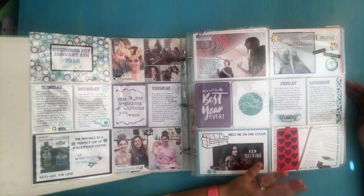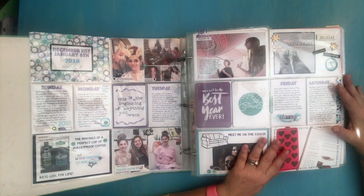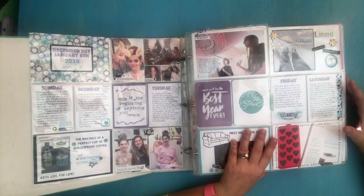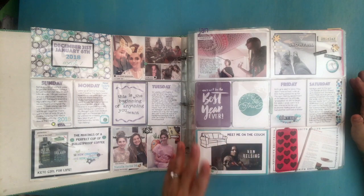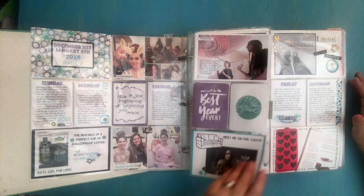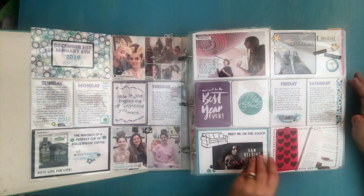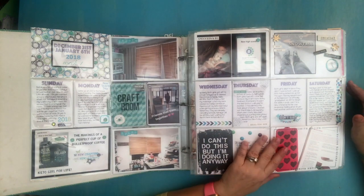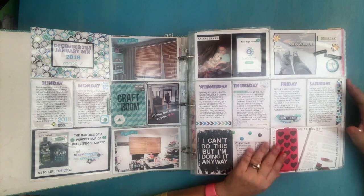I do mostly digital, though this year I was trying to do a little bit more of using embellishments and using up some of my stash, which kind of worked out. You know, in the beginning of the year it went a little bit better. I love adding extra pages, cutting them down, doing flip outs, whatever I can do to make things a little more interesting. Considering I'm going on 9 years,